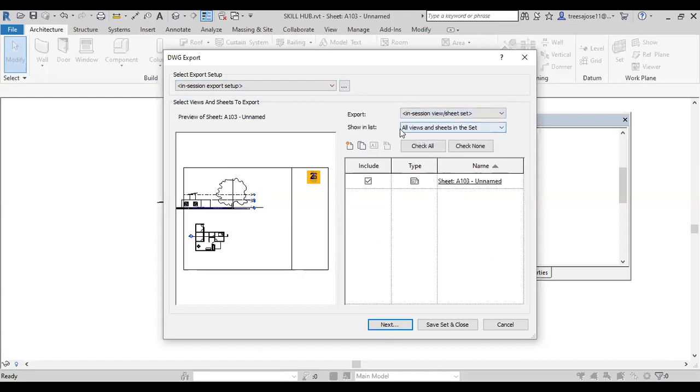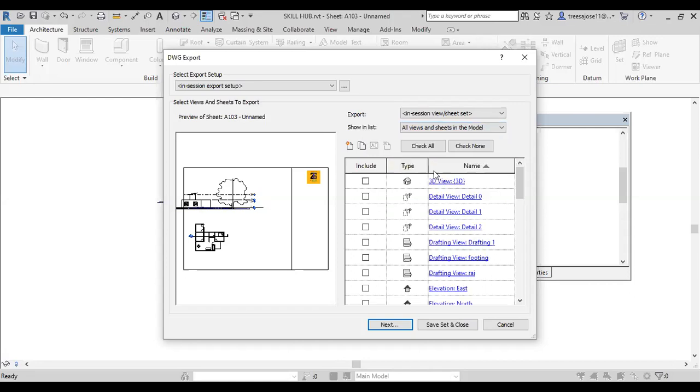Immediately another tab will open, showing the list. You select this, then View: in models, to view all sheets in the models. If you select that, automatically we will get all the project browser items that we have generated. Then here you can select what options you need to convert into AutoCAD. For example, I need a ground floor plan. That means the ground floor plan will come under a separate file. Maybe sometimes I need an A0 sheet or A1 sheet, whatever you can select. If A3 is selected, I think it is better I select these two. Otherwise it will take